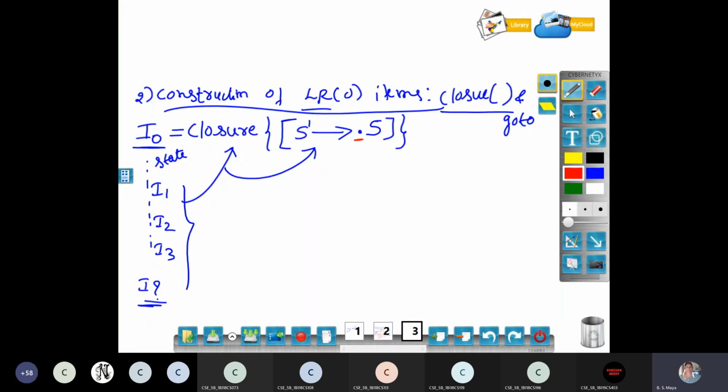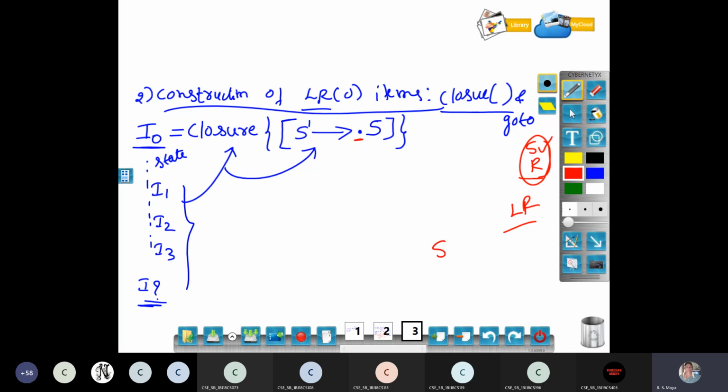There are two things happening in the stack. One is shifting, one is reducing. To decide when I can shift the right-hand side into the stack and when I can pop from the stack, in the LR parser, we are using the concept of this dot.